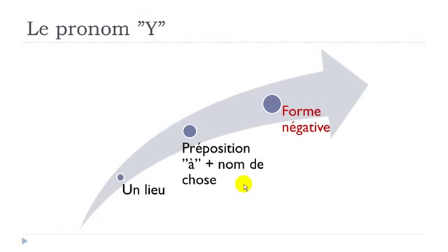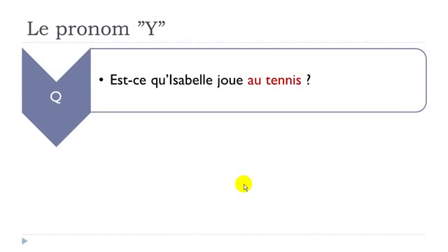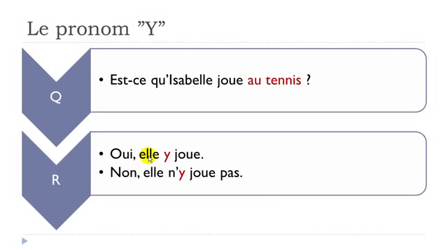All right, so now we'll see how to construct these sentences with the pronoun "y", but when you're using the negative form. Okay, est-ce qu'Isabelle joue au tennis? First option, oui, elle y joue. Second, non, elle n'y joue pas. All right, so the negative form should be before the pronoun here. Okay, and then as usual, remember the "ne" followed by a vowel, they don't really get along, so it should go away. So you take it away and you get "n'y joue", and after the verb you put your "pas" form. Okay?